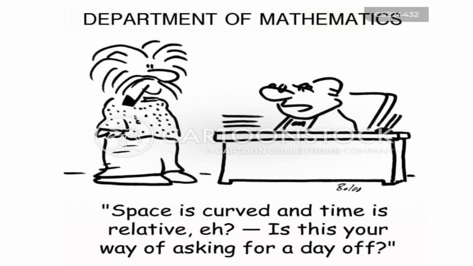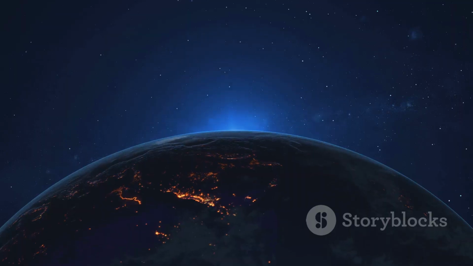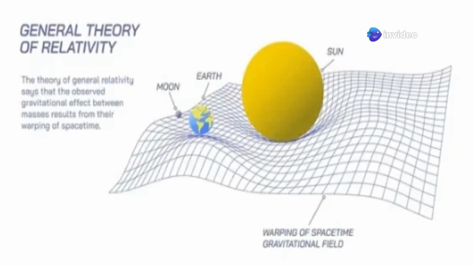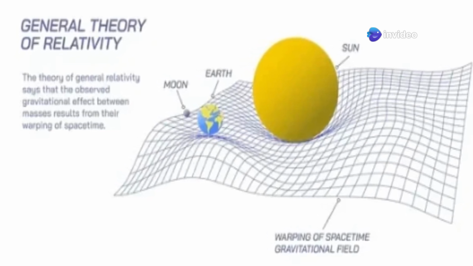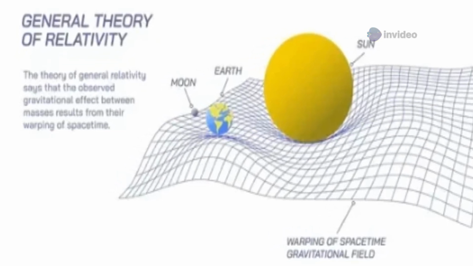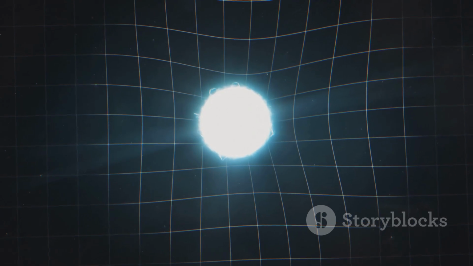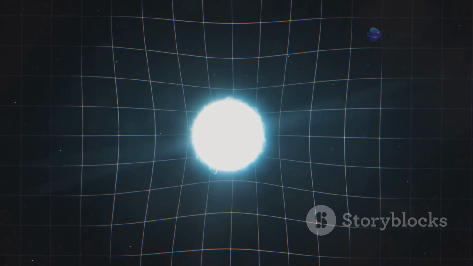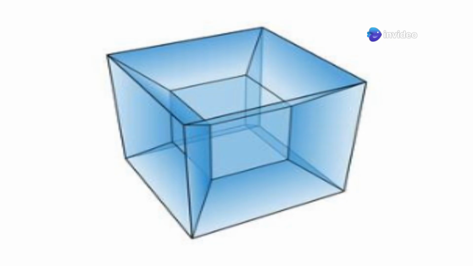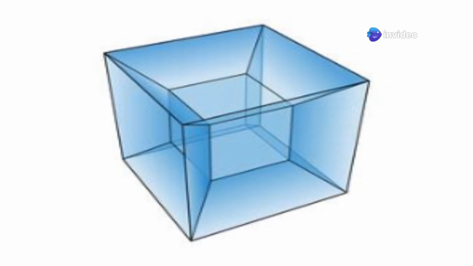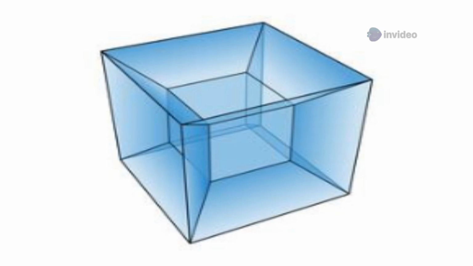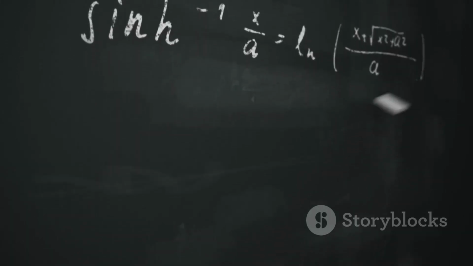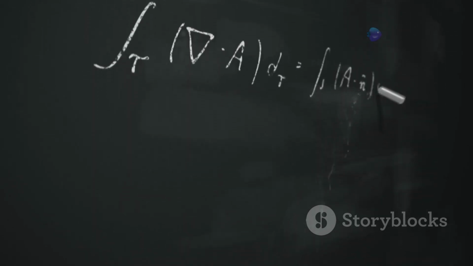In summary, time is called the fourth dimension because it's an essential part of how we describe events in the universe. Einstein's theory of relativity showed us that time and space are part of the same fabric, bending and stretching based on gravity and motion. But unlike space, time has a unique direction, tied to the laws of physics and the universe's structure. So, the next time you hear someone say time is the fourth dimension, you'll know it's not just a metaphor, it's a scientific fact that shapes reality itself.